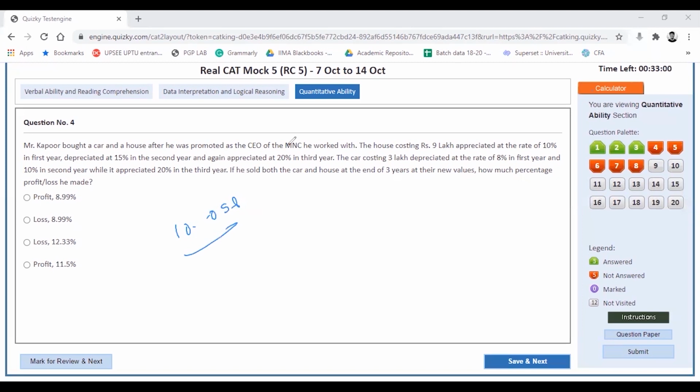10.098 is the value of the house. Let me also compute the value of the other. Sorry, that was the value of the house. Let me compute the value of the car. It would be